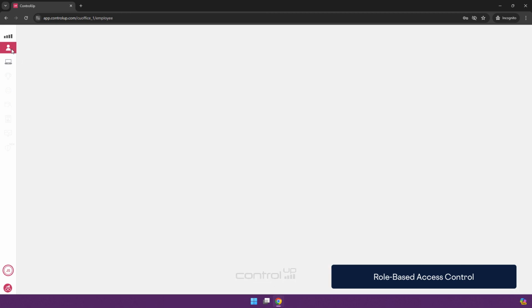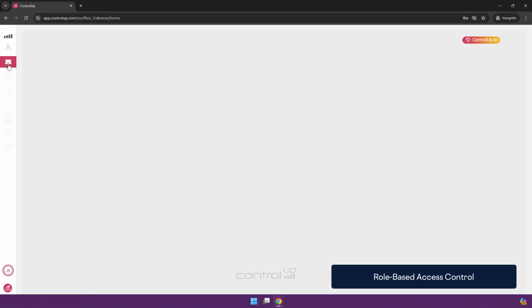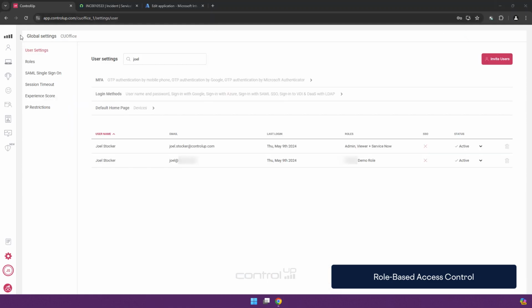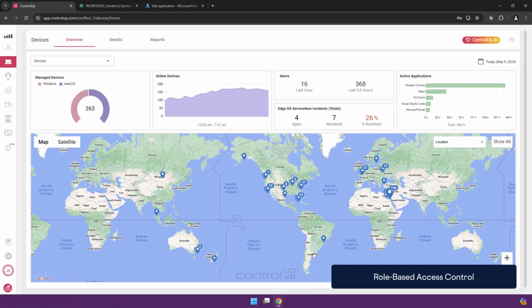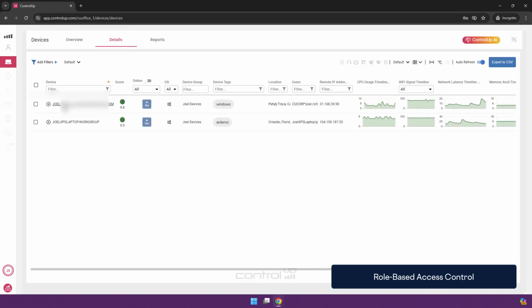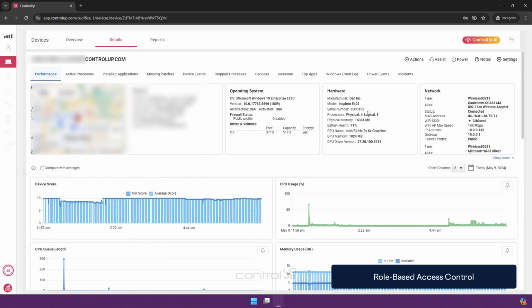Only the employee view and the device view as well as the chatbot are available. And as you can see, instead of seeing all the devices like I have with this full admin role, 263, because I restricted the device group, this user will only be able to see devices in that particular device group and take actions such as remote control and running scripts.